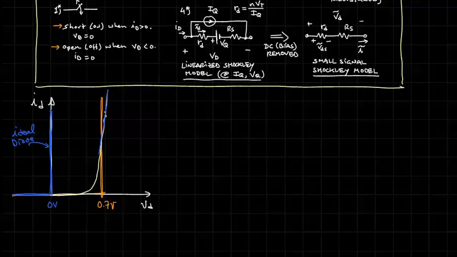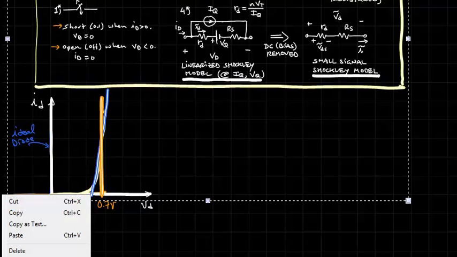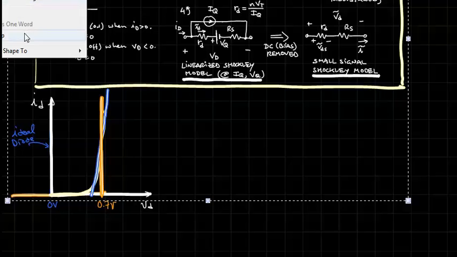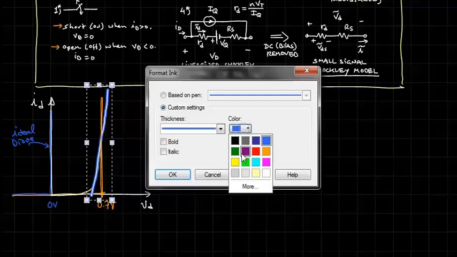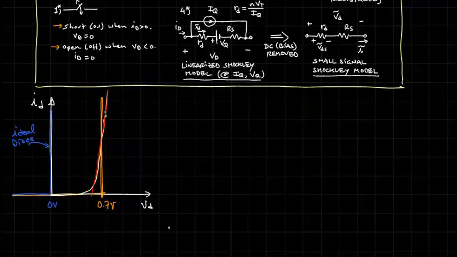It followed this line, had some finite slope, and it crossed here. Let me change the color to red. So it would be like this. It has some slope, and that slope actually has units of 1 over ohms,